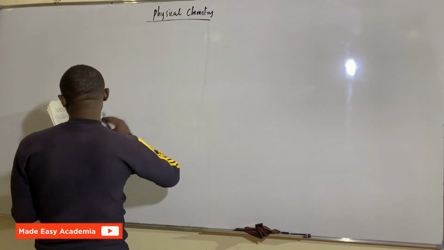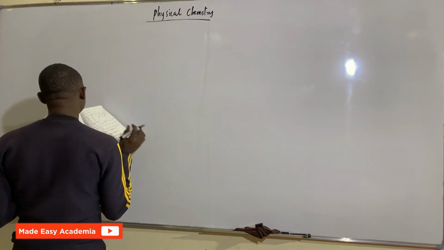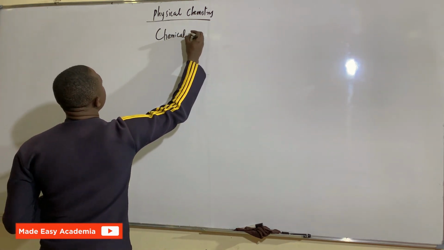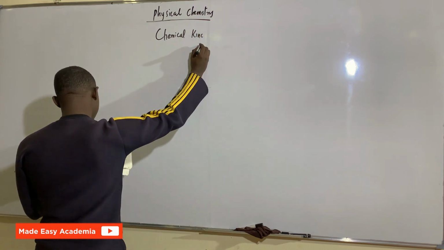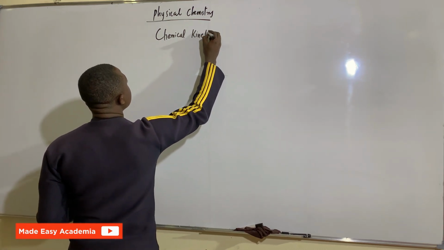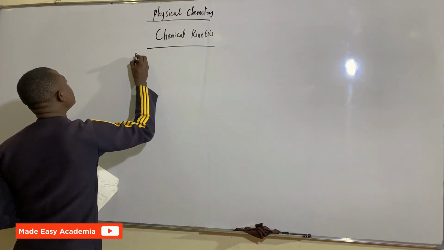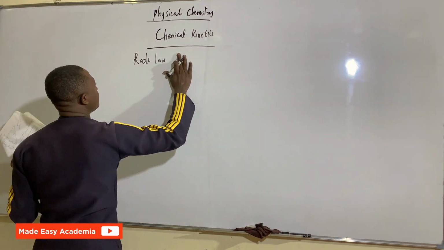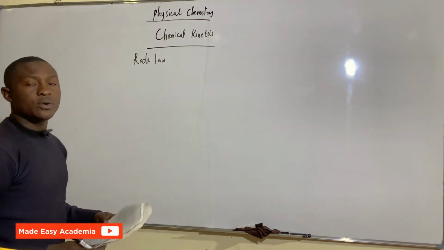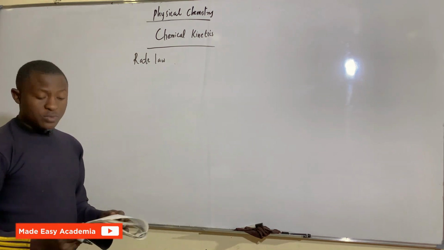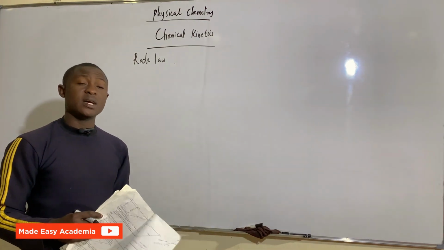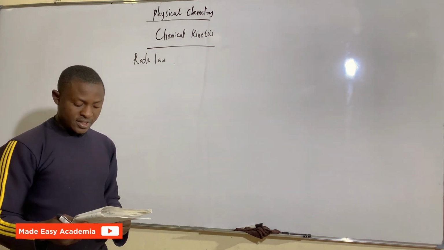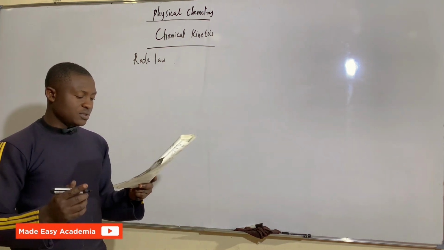Now today we talk about chemical kinetics. I will only base on rate law, according to what we have in the material, and how to find the half-life equations. The rate law here is always dealing with what we have at the reactant side. It's always dealing with what we have at the reactant side. The rate law is a mathematical expression which relates the rate of